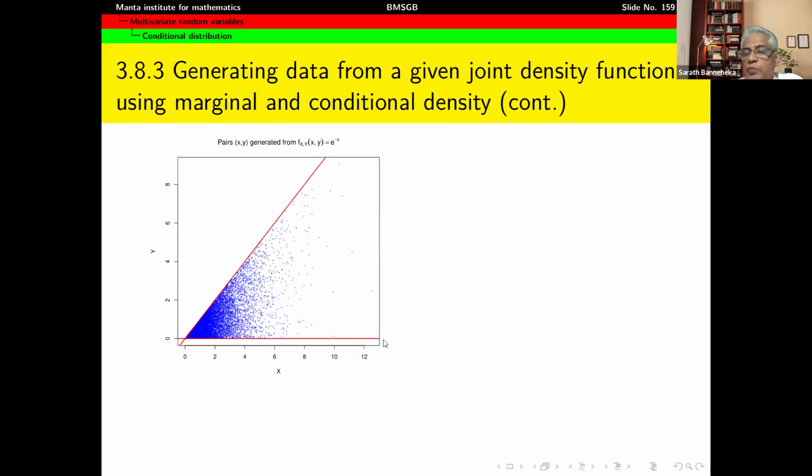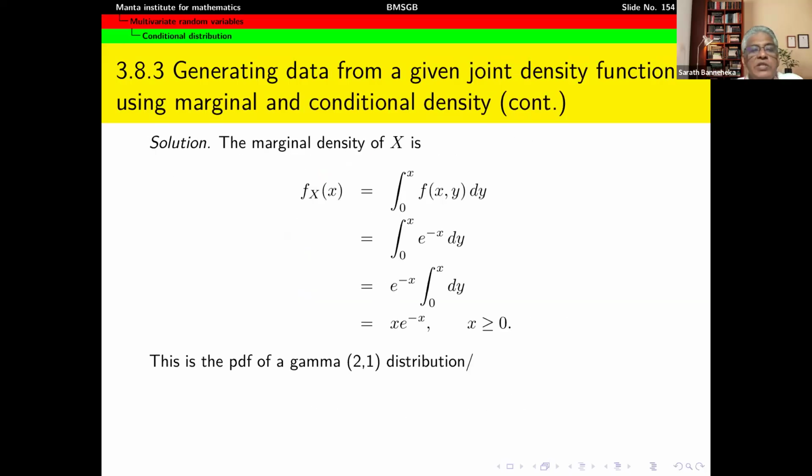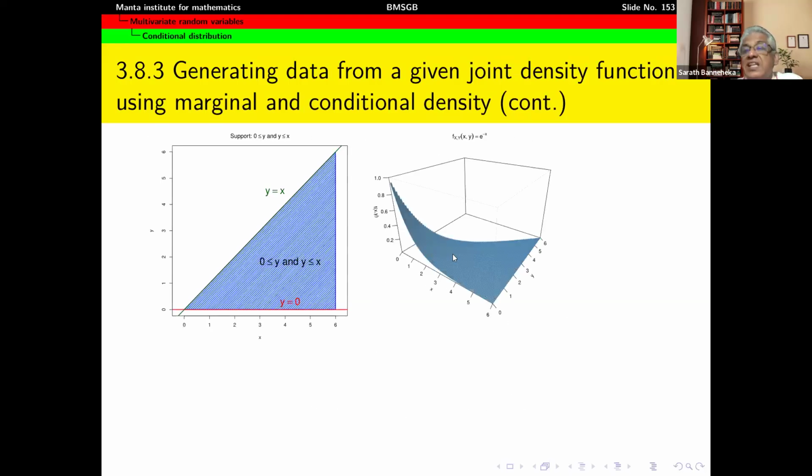So it's saying that it's going up to infinity and up to infinity here. But anyway, you can see that most of the observations are clustered around this cone, and only very rarely are observations appearing here, right? So if you compare this, now this is the set of possible values. Of course, if you look at the density, density is very high here and density is very low here. So that you can see is very, very well matching with this theoretical